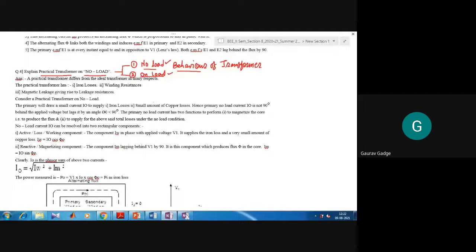Okay. So now, what we are doing? Practical transformer has, just see this second statement. Second statement. Practical transformer has